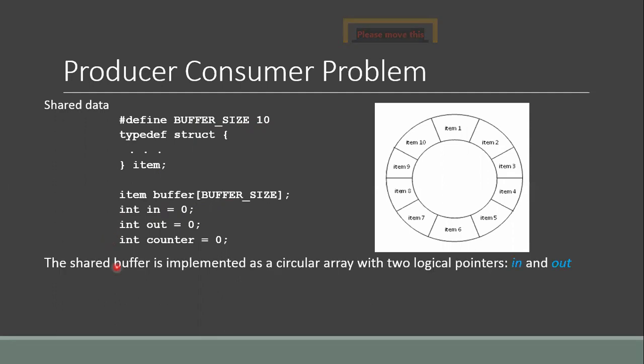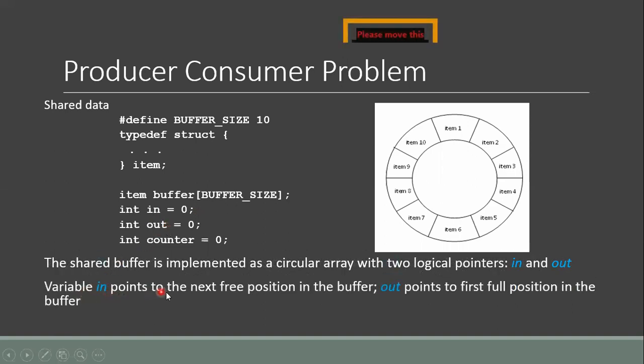The shared buffer is implemented as a circular array with 2 logical pointers, in and out. As you can see in this figure, the buffer has been implemented as a circular array, and the size of this array is 10 elements, so it can hold 10 elements at maximum. To access the elements from this buffer or shared region, we will use 2 pointers, in and out.